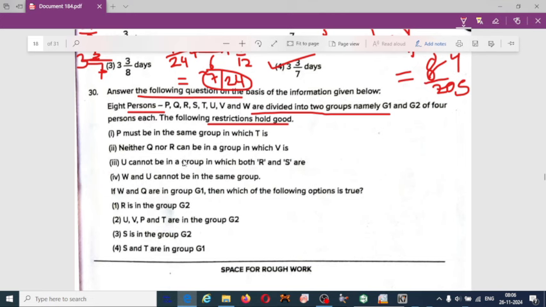So here G1 and G2, two groups are there. G1 includes Q, R, S, W. Okay, if you read the options, G2 involves T, P, V, U. Okay, from the given option,